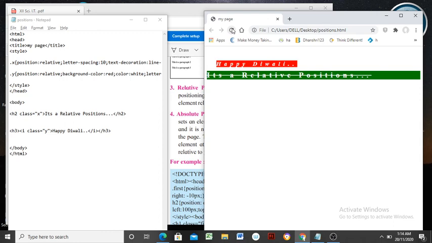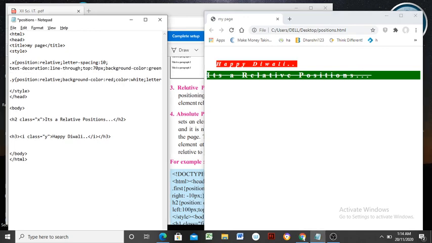type of position. Today we have seen a relative type of position where such properties we have chosen. See here one by one again. X position relative. First property is letter spacing with 10 pixels. Next property is text decoration with the value line-through.